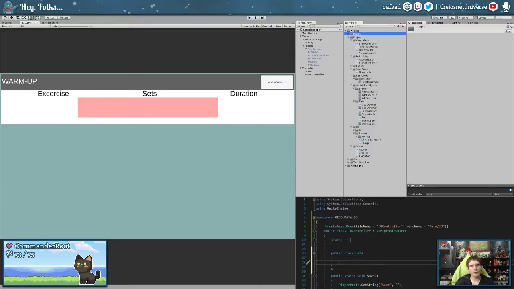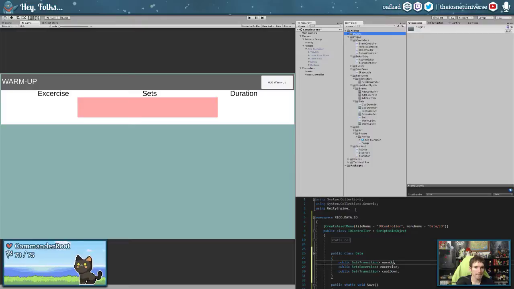And what is included in that? We have three things currently. We have our list of exercises, our list of warm-ups, and our list of cooldowns, not in that order. So what is a warm-up set? That is a set of transitions. So we've got public set transition, and that's warm up, public set transition cooldown, public set exercise,